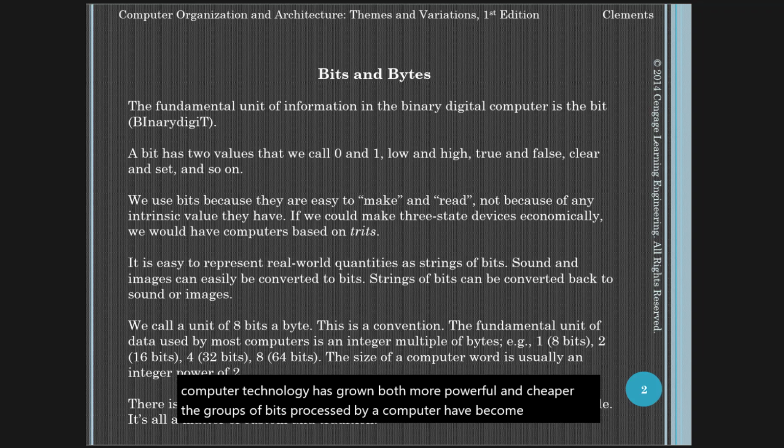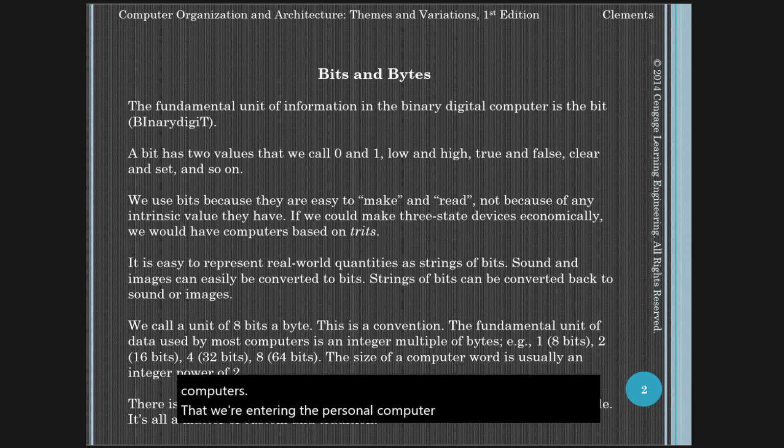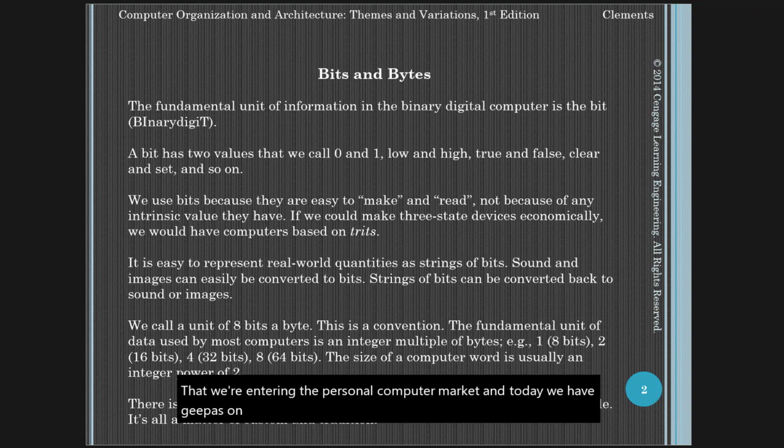The first microprocessors in the 1970s could deal with only 4 bits at a time. And by the early 1990s, we had 64-bit microcomputers entering the personal computer market. And today, we have GPUs on graphics cards, which are extremely similar, and they can process 128 or 256 bits